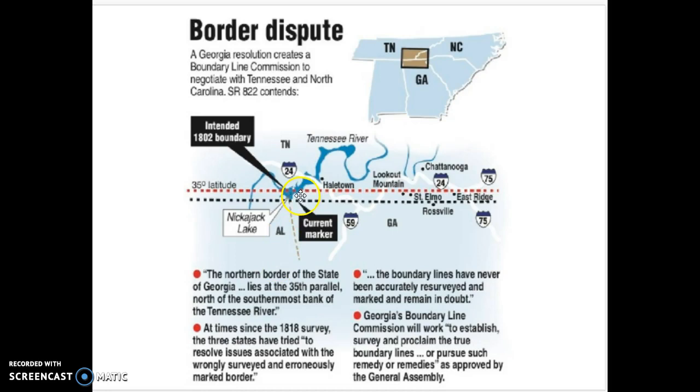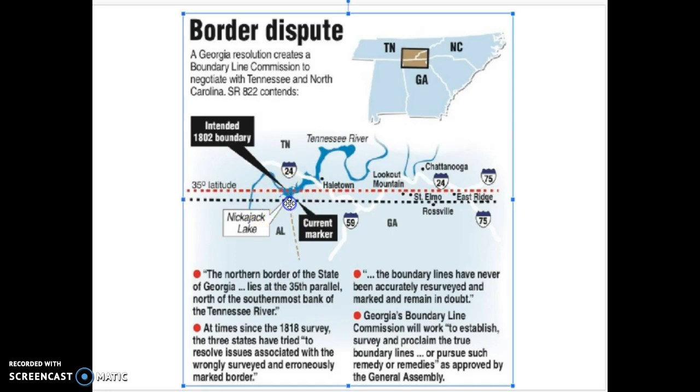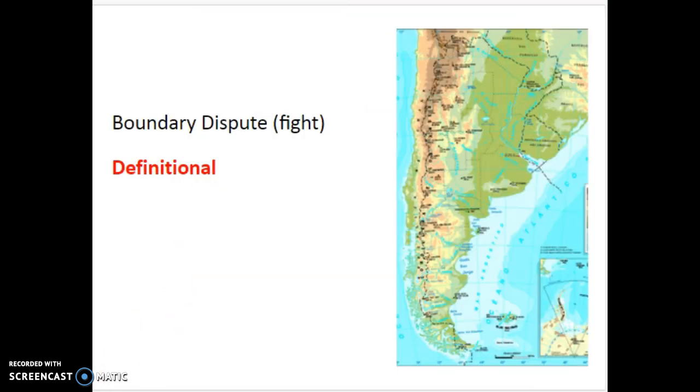Now the problem today is this gray area in between. Now you have an allocational boundary dispute because there are issues of water rights. So again, the first step is the difficult part, which is to define it. But as we're going to see, there are several steps after that you have to put into practice.